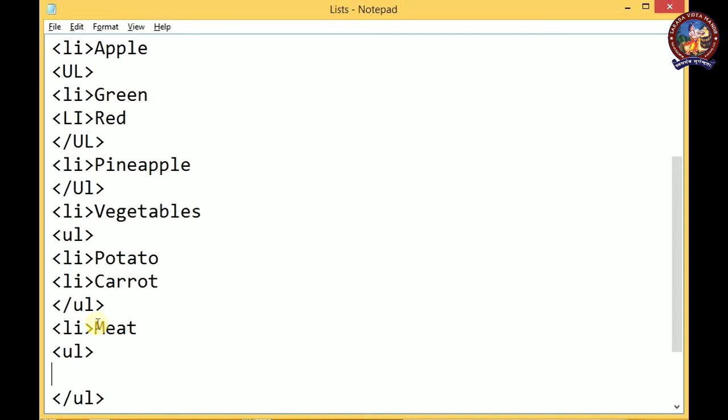So inside meat, the list items were fish and meat. So save,